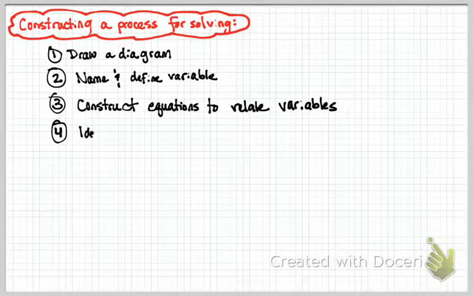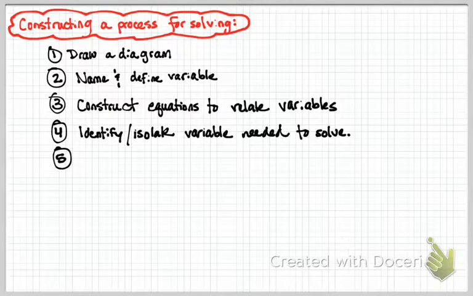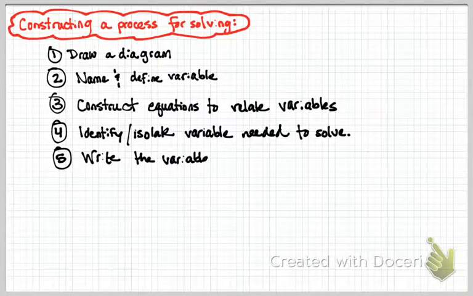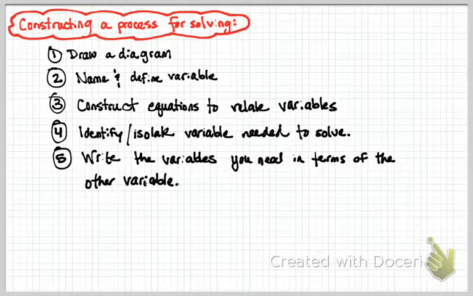Step 4 is to identify, or another way of saying this is to isolate, the variable needed to solve. Step 5, write the variables you need in terms of the other variable. So this is a long way of saying kind of what you did in number 4, get that variable alone,